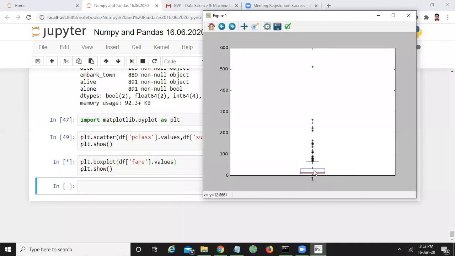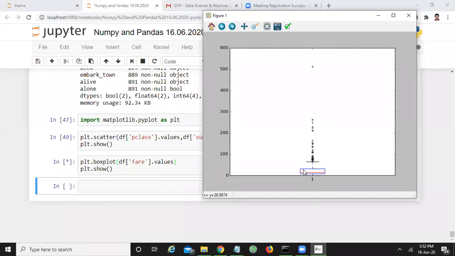Okay, here if you observe, we have a box of blue color, having blue color borders. This box represents the range of values which are in the interquartile range. Okay, what is the meaning of interquartile range?